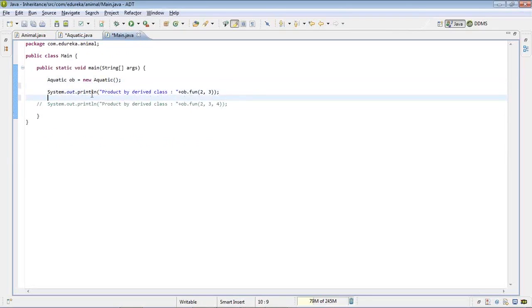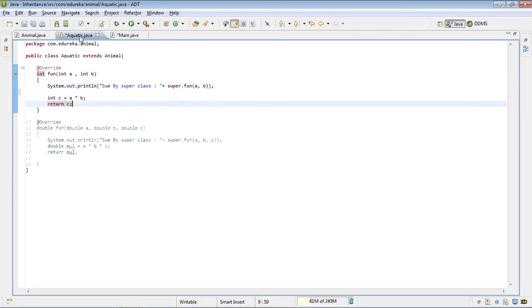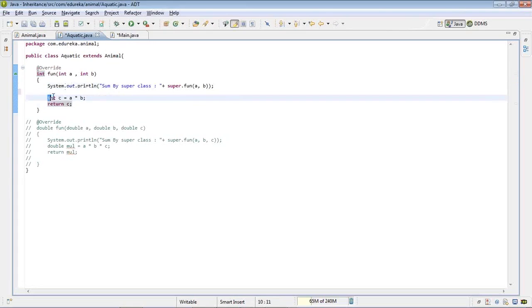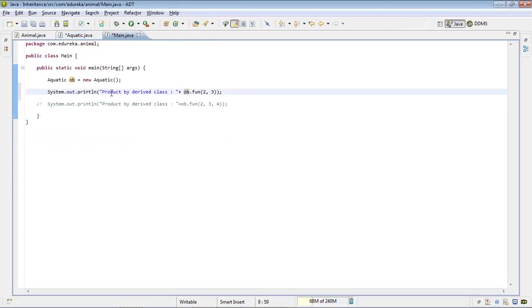Using that object I print a statement, product by derived class, and I pass ob.function. I'm calling the function that is present in the aquatic class. Okay, 2, 3. So this function will call this one. When you come here, it will first call the super function, print the sum, and then it will return a value. That returned value will be printed with this statement.